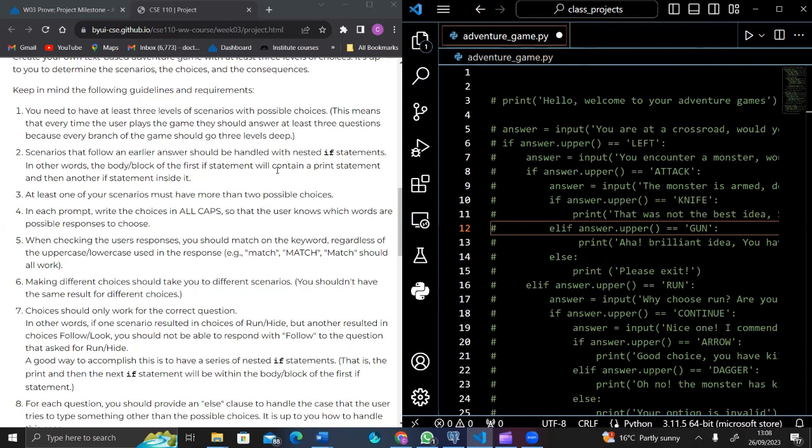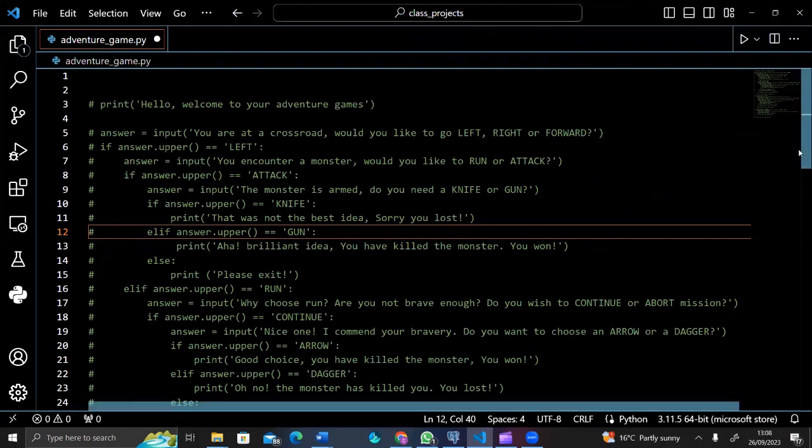So the purpose of this adventure game is for you to know how to use your loops. We have if, you have while, and other ones. So for you to know how to use if and loop, and then also to know how to use nested if and all that, if functions, sorry. So let me just make it bigger so we can see it. So we can start by